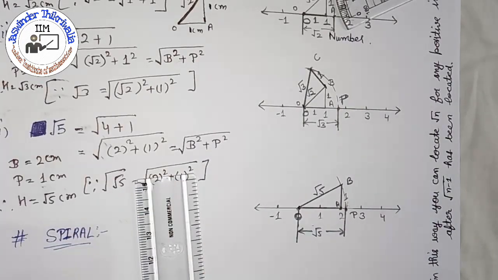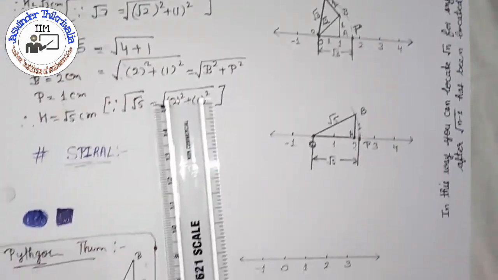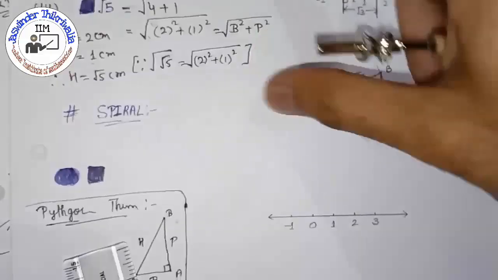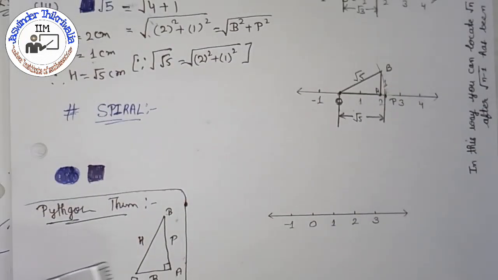So in the next stage we will make a spiral of these numbers. Spiral means, beta, up to here we discussed 3 examples, which were of irrational numbers. So when we draw the spiral, a few rational numbers will also come in this.